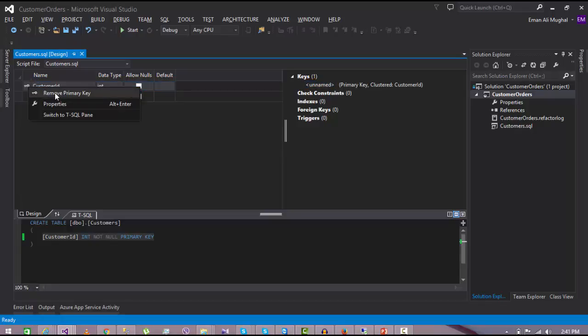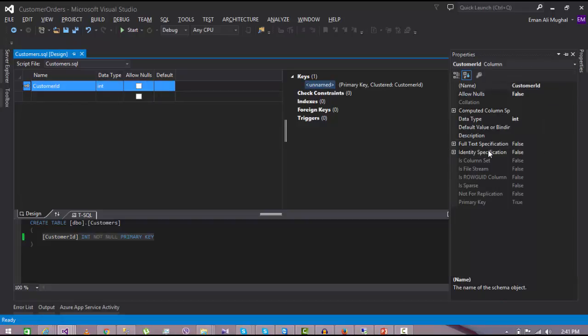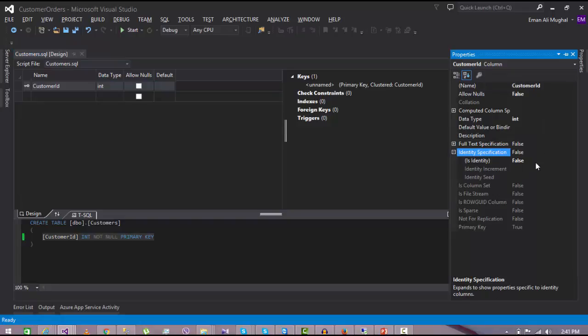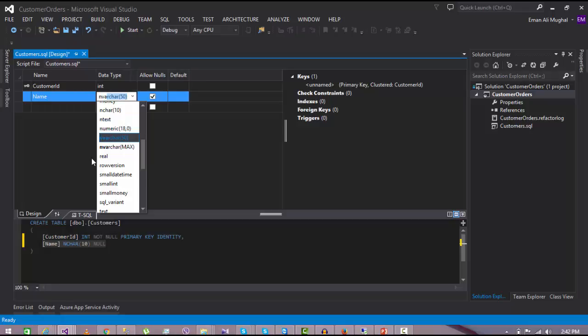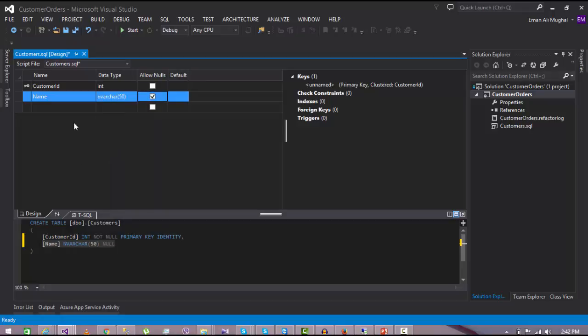So now I just need to go to the properties and I can set the identity specification. So this column will become the auto incremented column, and it will be automatically populated once we start working in this project. Then I am going to give the name, as varchar allow null,